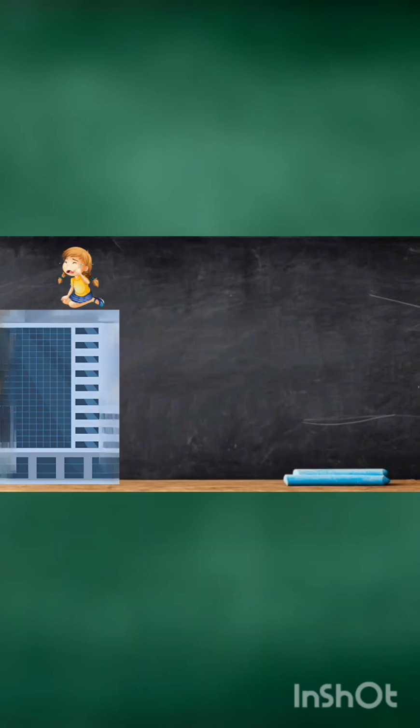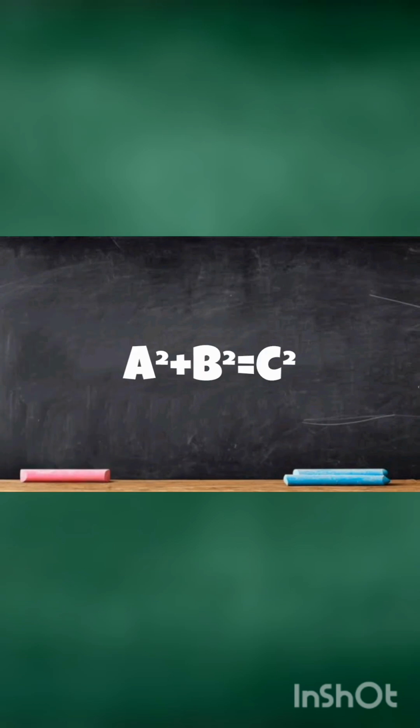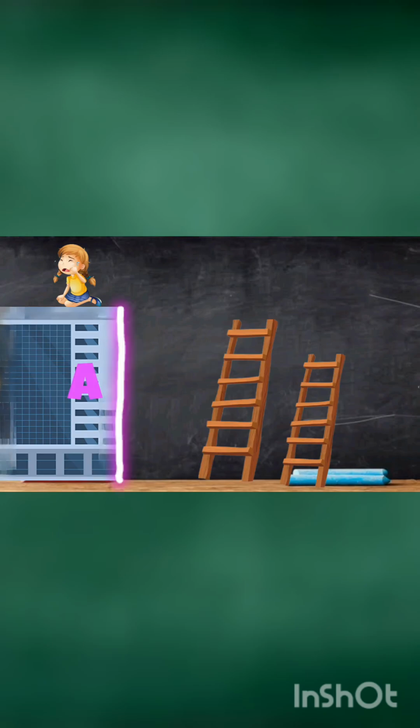Imagine a toddler stuck on a building crying for help, and the only way to save the toddler is by climbing up the building. So you look around and find a few ladders lying beside. But you have little time in hand, and the toddler is hanging between life and fall. So we need to choose the correct size ladder as quickly as possible. Fortunately, you remember the Pythagoras theorem that says A squared plus B squared equals C squared. So let's assume the building as A, the surface of the land as B, and the ladder you need to